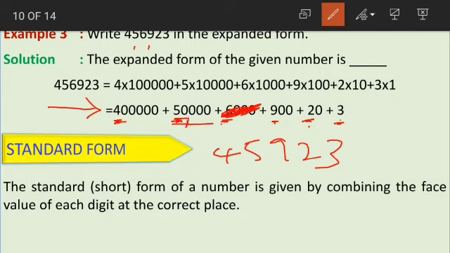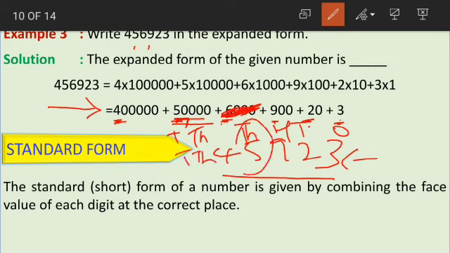5 is written as 50,000, which means 5 is in 10,000's place. 5 is in which place? 10,000's place. Now let us check the place value of 5 in our short form. 5 is in which place? Ones, tens, hundreds, then comes thousands and 10,000. 5 is in thousands place, which means its place value is equal to 5,000. But in the question, its place value is 50,000. So we have put up 5 in the wrong place.